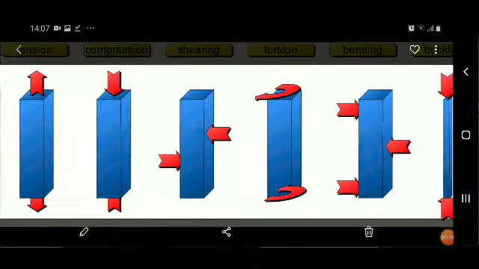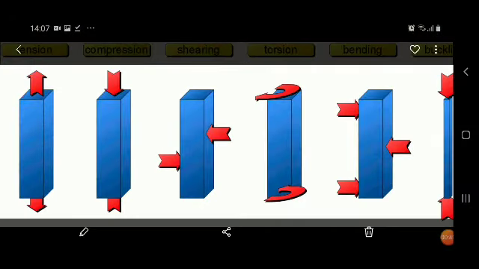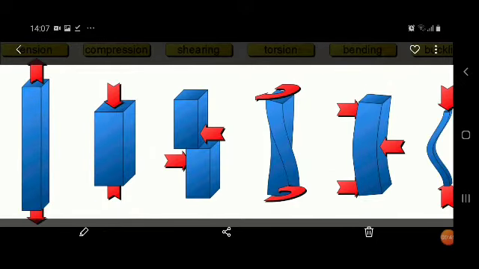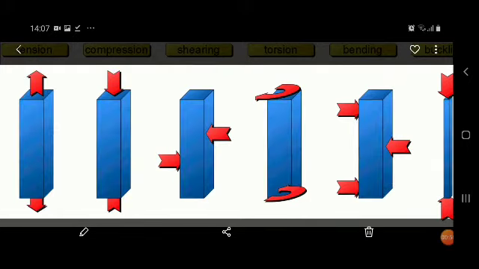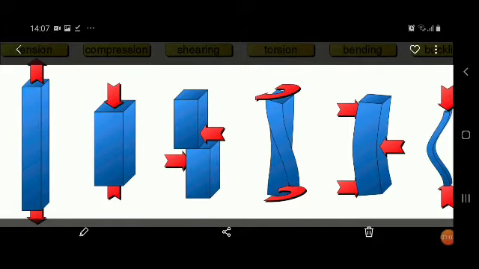I'll give an explanation. See, the first and second figure, they are normal forces. First figure, the force that acts normal to the cross section causes an increase in length. Second figure causes a decrease in length. These are tension and compression and they are normal forces. If the force acts along the cross section, then it is shear force. It causes an angular displacement to the body. Third figure shows that. And in the fourth figure,